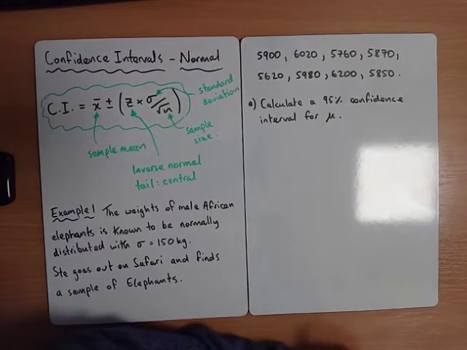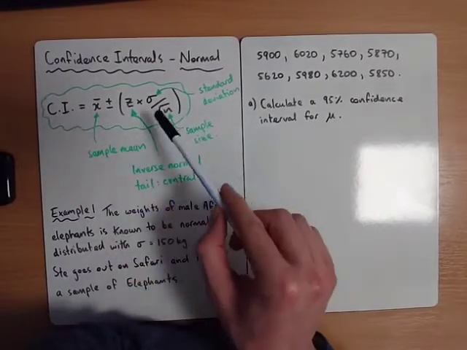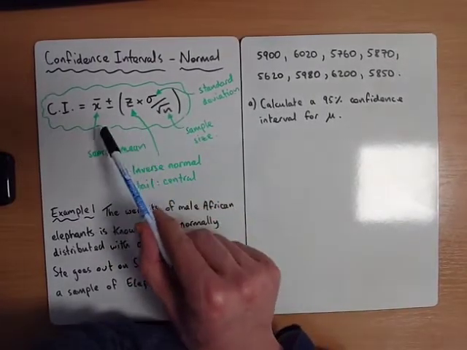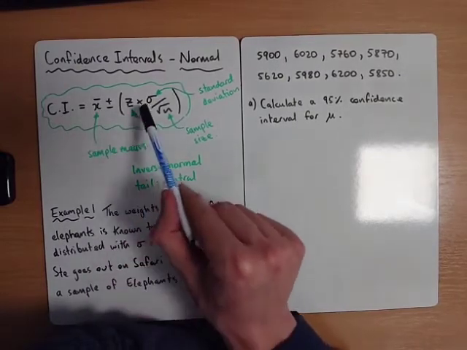In this video, we're going to take a look at an introduction to the topic called confidence intervals. The formula is here. We don't get this, so we need to remember it in the exam, and basically what each of the things represents. X bar is the sample mean. Z